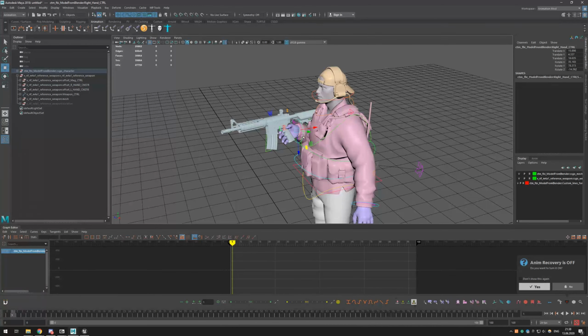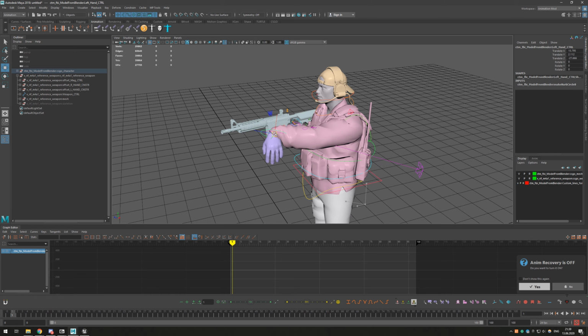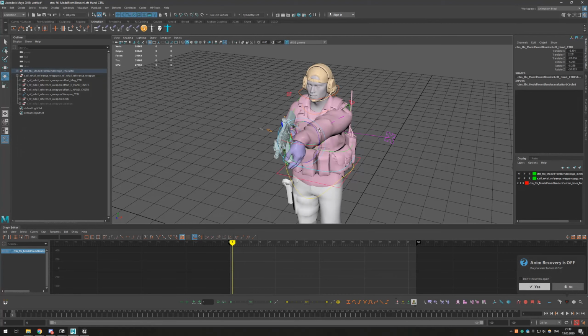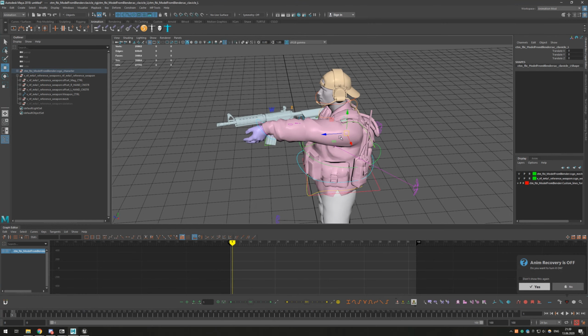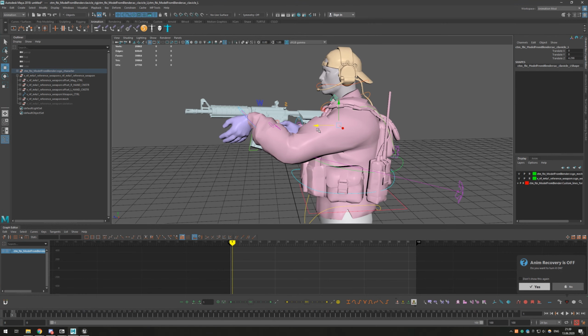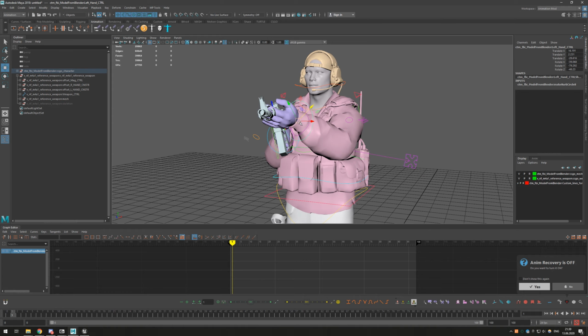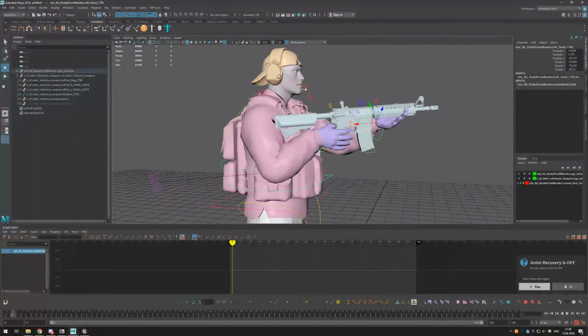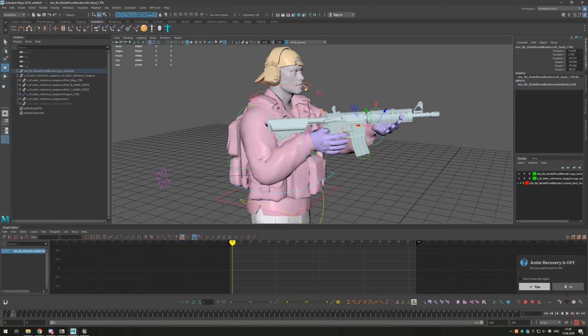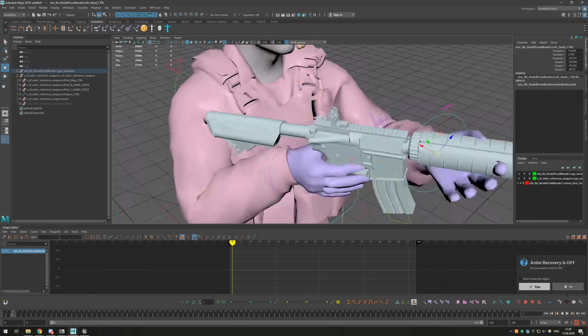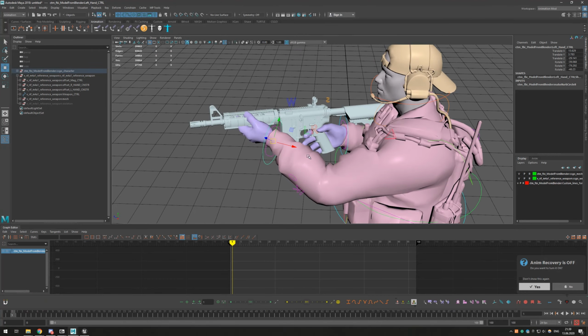And now, well, yeah, I kinda have to. No, I don't. And put the left hand somewhere here. Now let's pull the clavicle forward a little. And let's wrap it around here. There it is. Perfect, perfect animated position for a gun holding. You know, that's how they do it in SWAT.